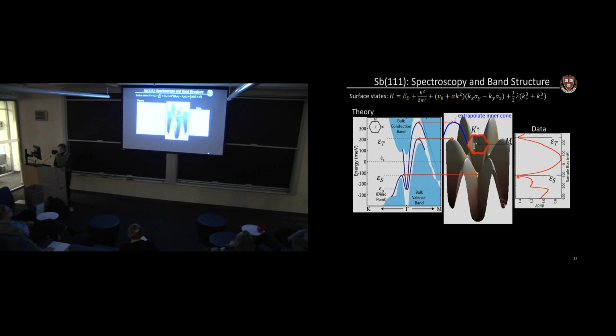And I can see that indeed the features in the density of states, the peak here, corresponds to a saddle point in the band structure, which makes sense. I would expect that a saddle point would have a large density of states at a single energy. And the peak here, which is kind of a cusp, corresponds to the flat tops of these bands. So my measured density of states looks pretty good compared to the calculated density of states. But I still want to check the momentum information. This density of states is integrating over all momenta. So here's where I'm going to use the spatial resolution of an STM.